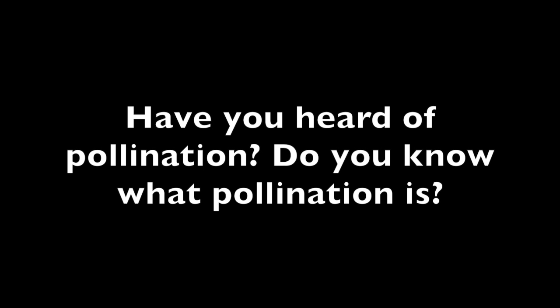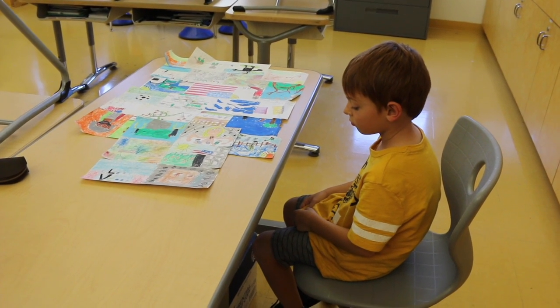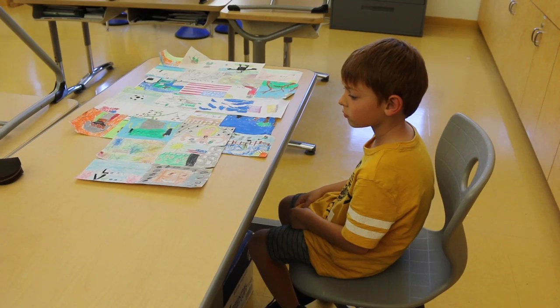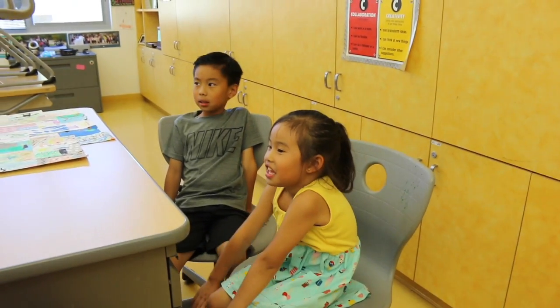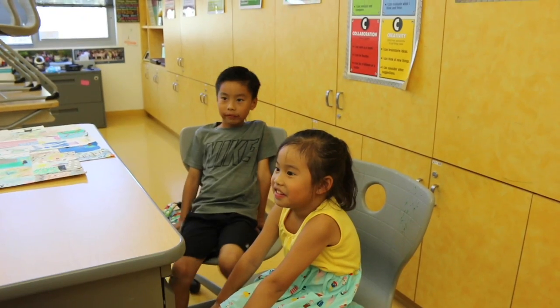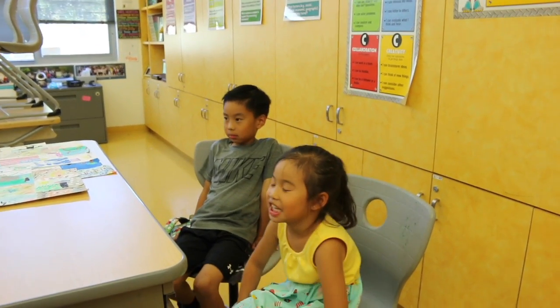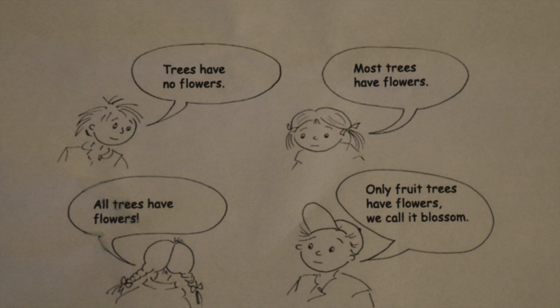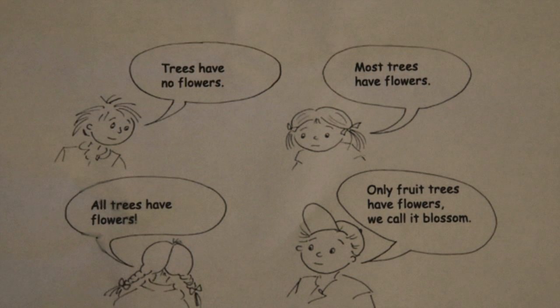We began the activity by assessing students' prior knowledge and asked students if they had heard of pollination before and if they knew what pollination was. Maybe? He sucks up the inside of a flower so it can open up. Next, we conducted an activity where we read a series of statements to the students and asked them